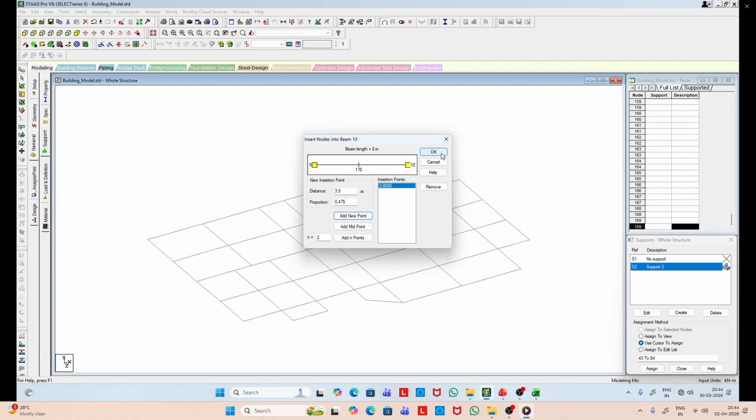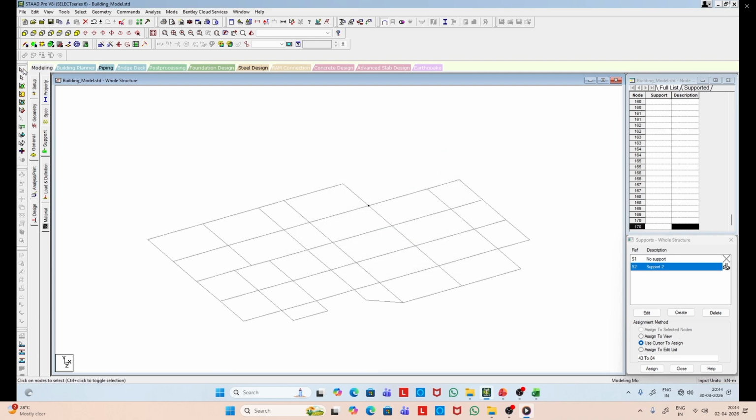So we add a new point in between. You can see it is there.